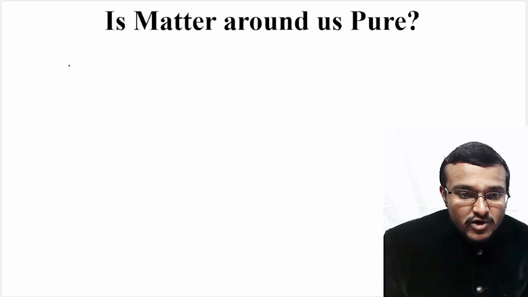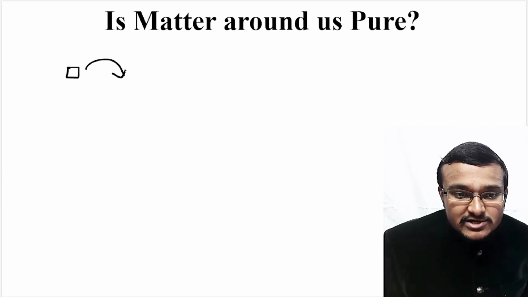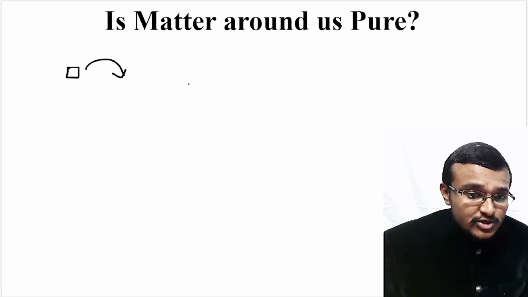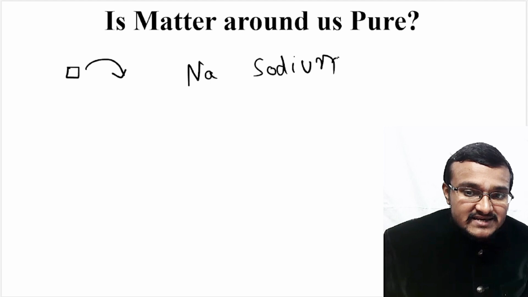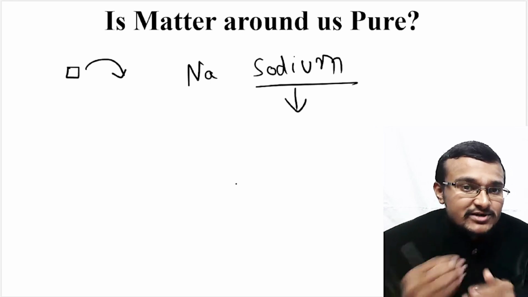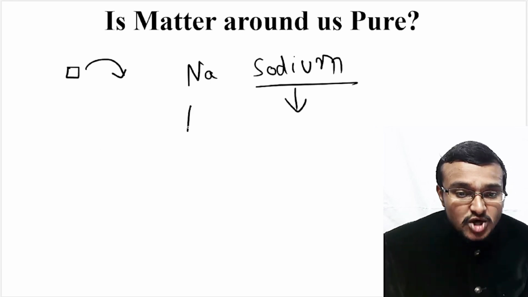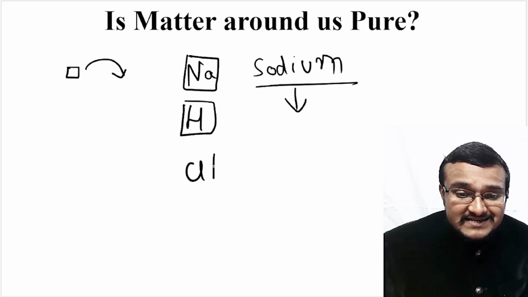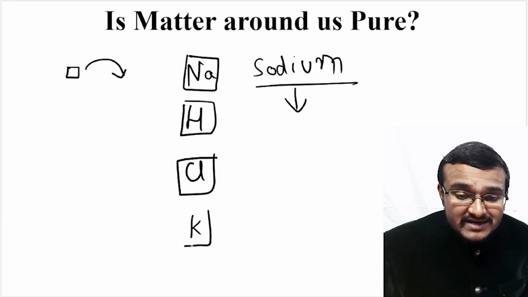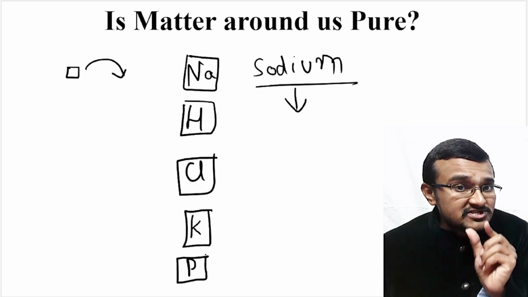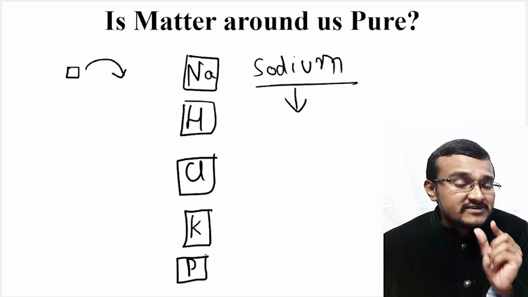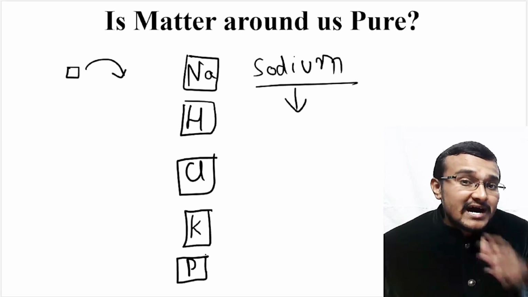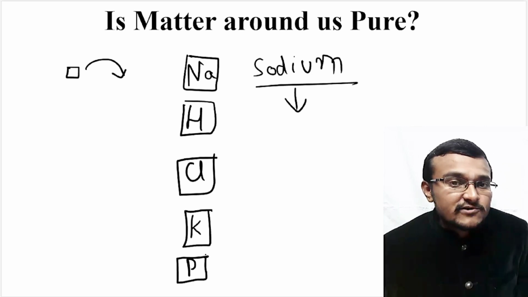That means if you have an element, this cannot be broken into a simple substance. So let's say you have sodium, that is Na. So sodium is a basic element which you cannot divide into further simpler substance. So hydrogen is one kind of element, sodium is one kind of element, chlorine is one kind of element, potassium is one kind of element, phosphorus is one kind of element. So the individual chemical substance which cannot be broken further into another simpler substance, so that kind of substance was